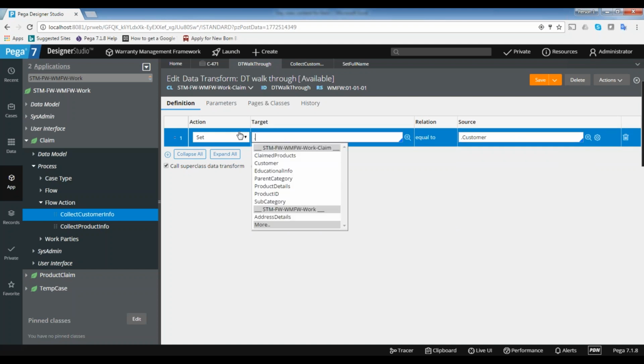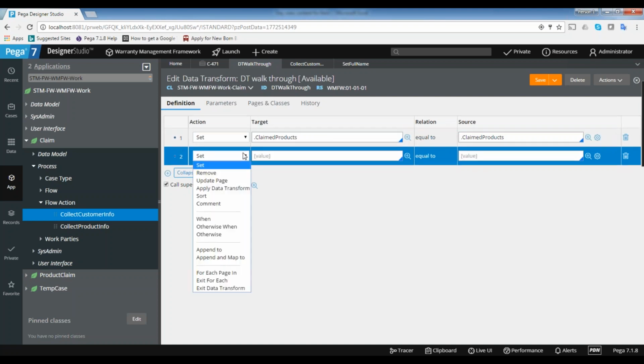You can also do page list by page list. You can copy page list A to page list B. Let's say this is page list B, this is page list A. You just copy it like this. You don't need to loop it and do it one by one. You can just set it: source page list, destination page list, give it like this, and then automatically all the data will be copied. So set is basically useful to copy the data of scalar properties, to copy page properties, and to copy page list properties.